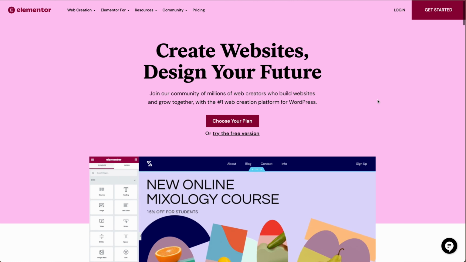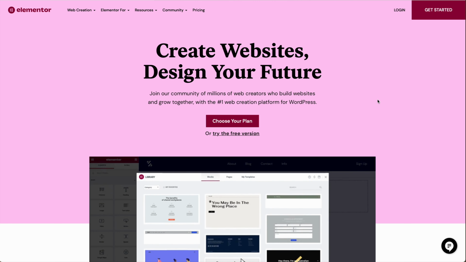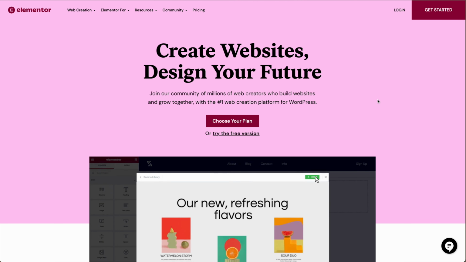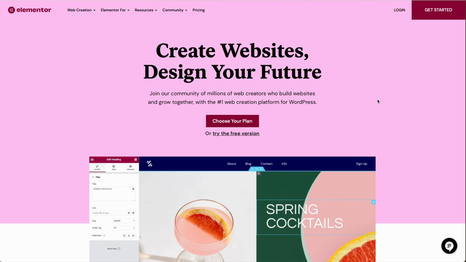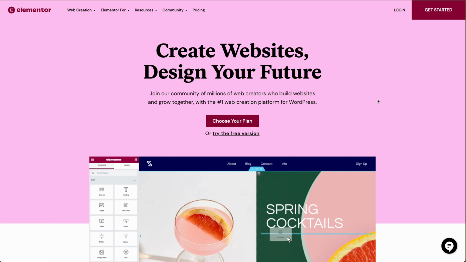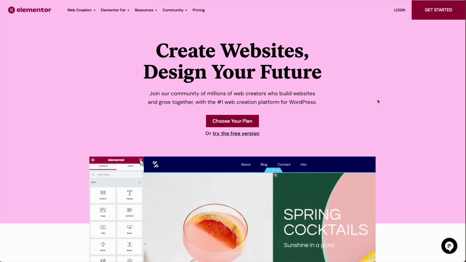And that's going to take you over to this page here, which is Elementor, and we're going to be using the Elementor hosting service. And if you're new to building websites, if you're new to WordPress, Elementor is a tool that sits on top of WordPress that allows you to easily design your pages. WordPress has become a little bit more easy as far as allowing you to design your pages, but still a little bit rough, and tools like Elementor give you that design control that you want and make it really easy to build pages. Plus, they do offer some great free templates, and we're going to be taking advantage of that